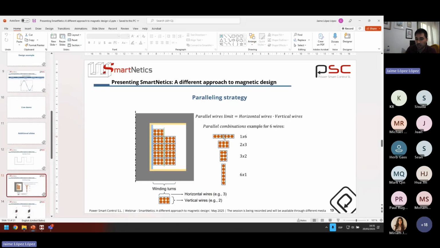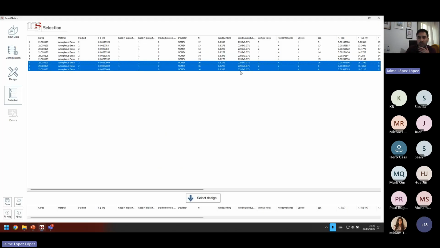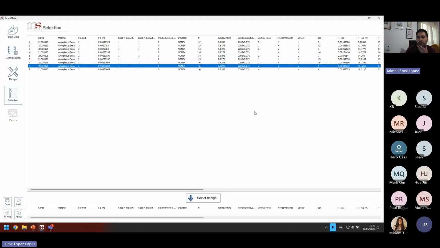As you can see, the one that is very horizontal, the 1 times 4, would be something like this, which is very hard to wind, once again. The one that is very vertical would be 4 by 1, so something like this, but with only 4 wires, which is easier usually to wind. And the other one is a 2 by 2 wire. So 2 wires in horizontal, 2 wires in vertical, which is something that is usually easier to manufacture, easier to handle, etc. So in this case, I'm going to select that one.